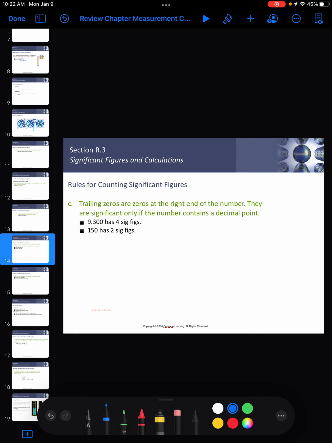150 only has two significant figures. You know, it's plus or minus 10. The last number, as we talked about earlier, is the number that is an uncertain number. It's the estimate, okay? If I want to say, how much is there? 150. Because I'm counting out screws or nails or bolts, and it's about 150. I might be right. But if I'm counting out money or something,